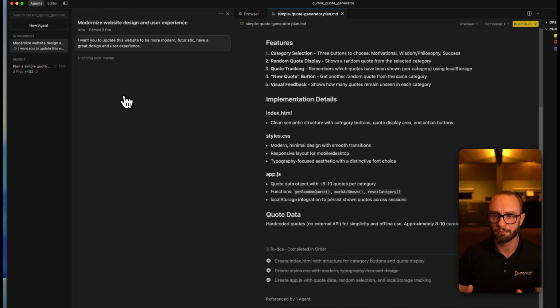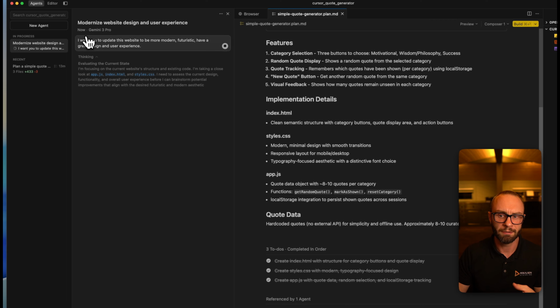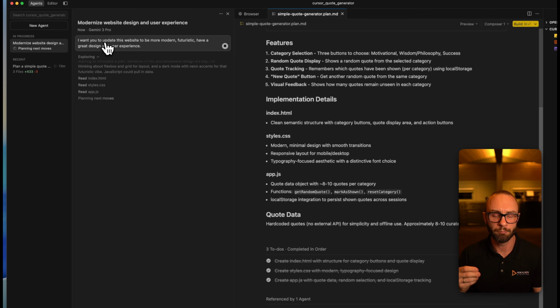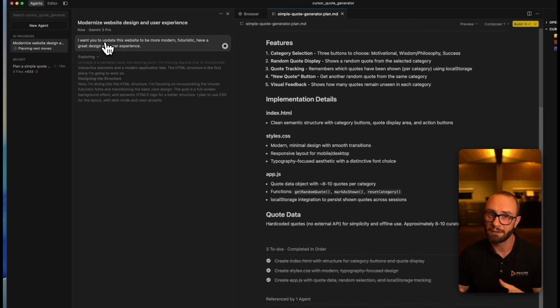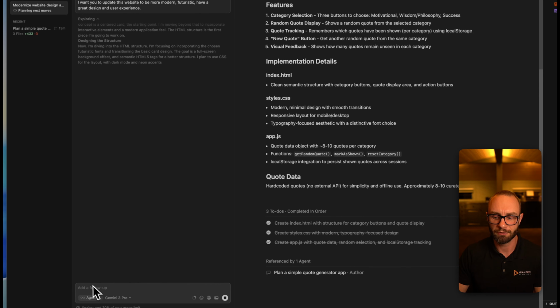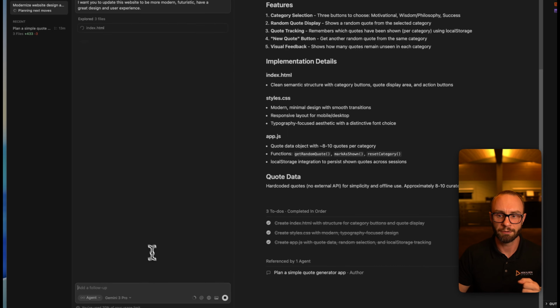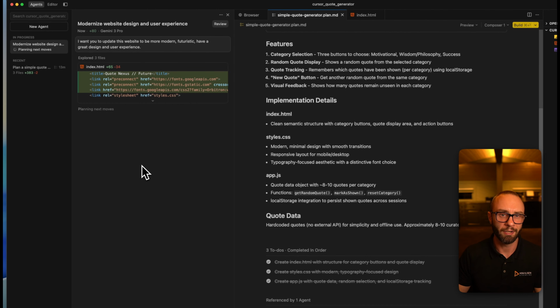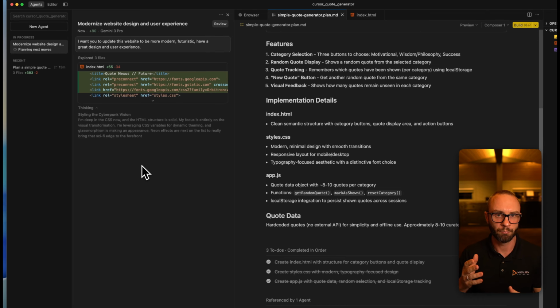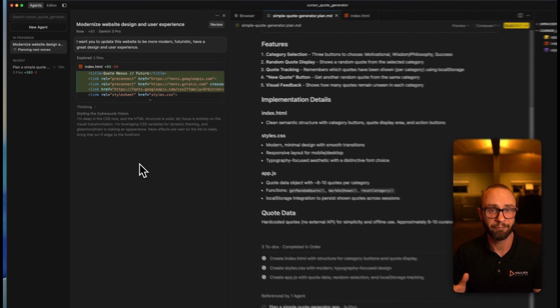Gemini 3 is a model from Google, and it's been very good at being more creative. We're giving it quite a vague prompt here, but you can be more specific. I want something blue, I want this type of gradient, and give it images. If you want to give it an image, just paste it in here, or use this upload image feature to show it how you want it to look. It's quite fast, so this is going to try and style this in a different way, but we gave it more freedom to do anything. We gave it modern, futuristic, so we'll see how that goes.